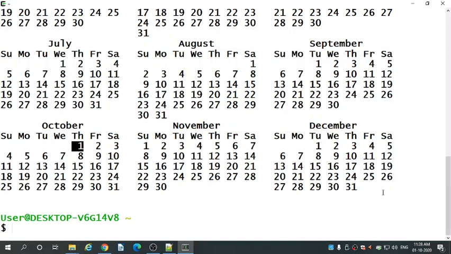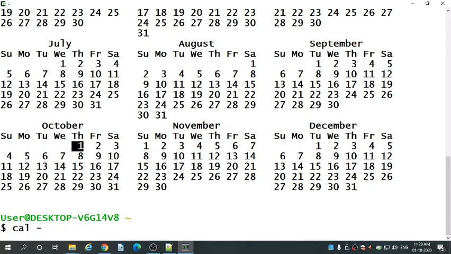Next, you can type the cal command with capital Y, and you can use small y also, and 2000 as the year, and it displays the entire year 2000 calendar.